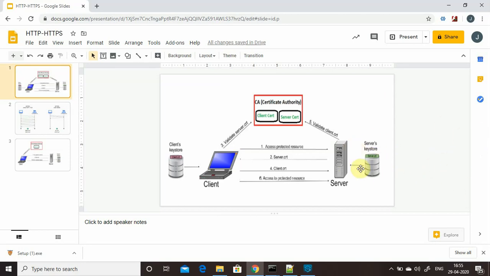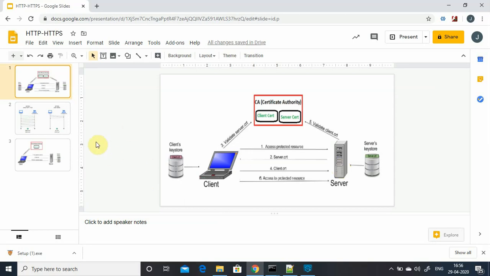Once the server is able to decrypt it, the client will send its public key to the server. The server will validate that public key in the server trust store. If it's successful, the server will generate an encrypted key using the client public certificate and send it to the client.